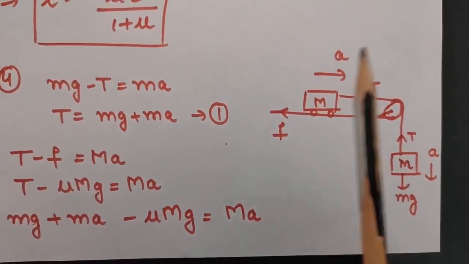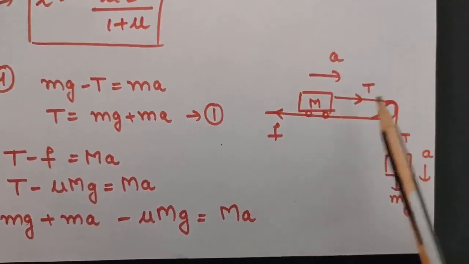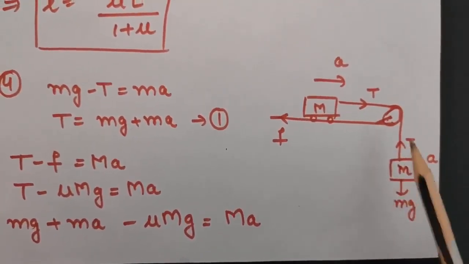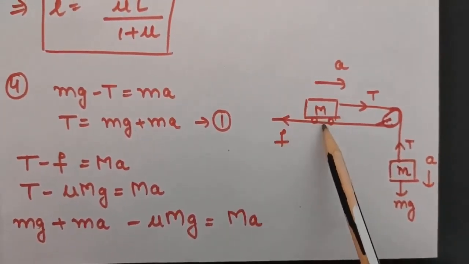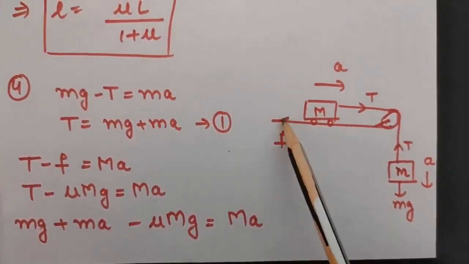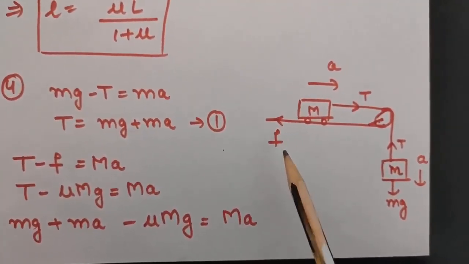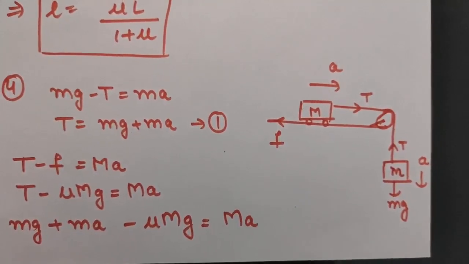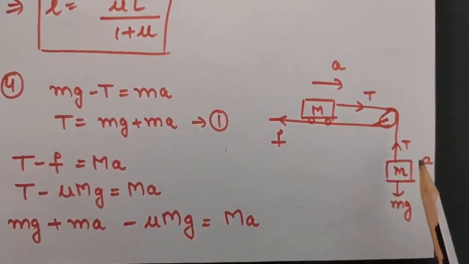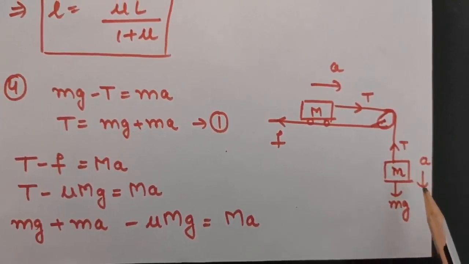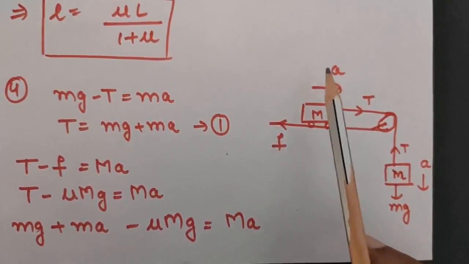It says there is a trolley of mass M which is kept on a table again, and it is attached to a block of mass m through a pulley. And the coefficient of friction between the trolley and the table is mu. So that means there will be a force of friction. You have to calculate what will be the acceleration of the trolley and the block when the system is released. Let us suppose this is moving with acceleration a in the downward direction when the system is released, and this is moving in this direction.